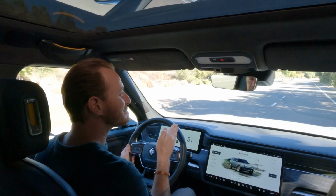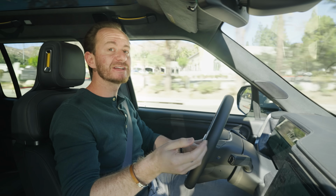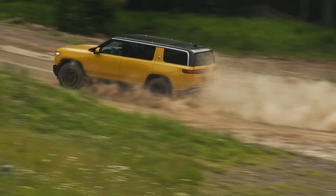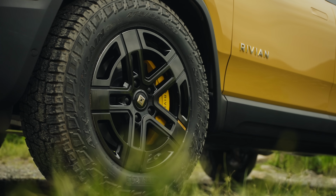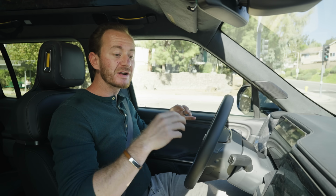It's just kind of the in-between where I wish Rivian would spend a little more time. Now, the big differentiator that separates the R1S from the Model X completely is its off-road capability. Of course, it has that off-road mode. This model also comes with all-terrain tires, which are going to give you lots of extra capability in the rough stuff. But on top of that,